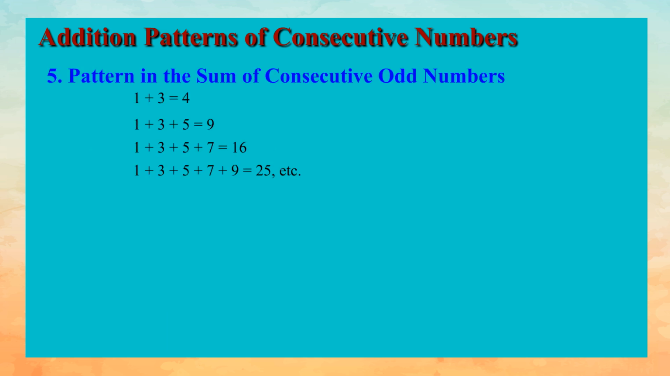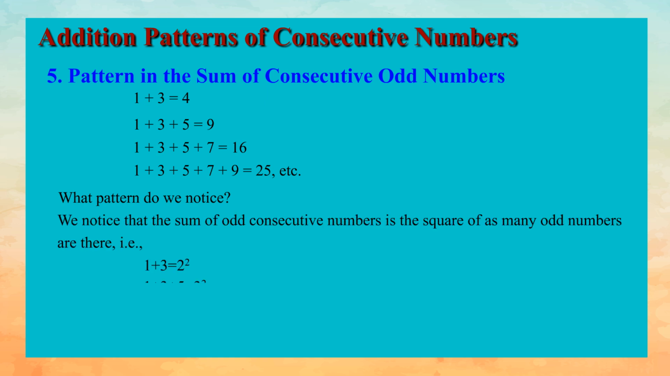5. Pattern in the sum of consecutive odd numbers. What pattern do we notice? We notice that the sum of consecutive odd numbers is the square of as many odd numbers as there are. Therefore,